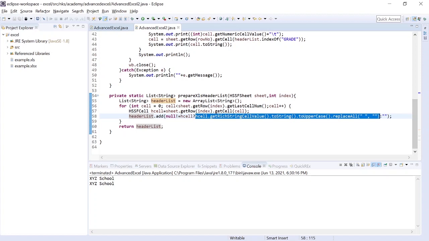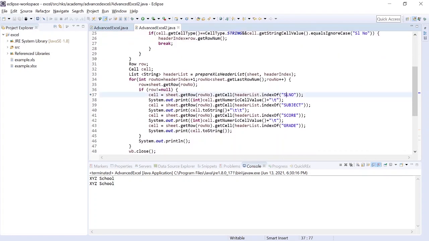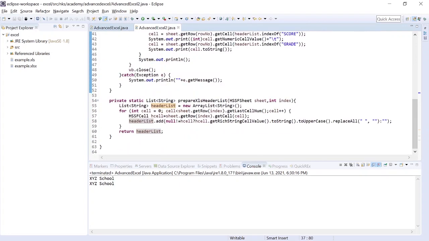Now suppose in serial number, in between, someone has given two spaces, then when we are fetching the value here, we would have to handle that with an OR. So for that, I am replacing all the spaces. Let's not have any space and only the values.